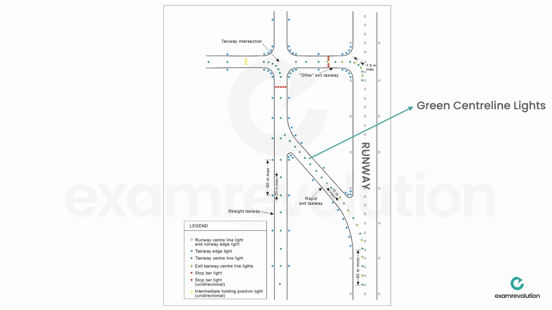Now, there's an example, guys. This is a very nice picture. We're going to work off this picture. It comes directly out of Annex 14. You can see on the right hand side you've got your runway, right? I've put the word there, runway. So you can see those are the centerline lights on the runway, those